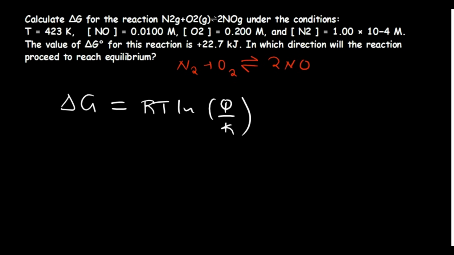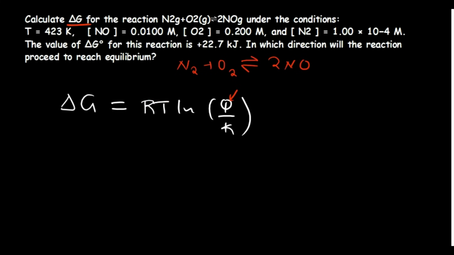Yes. So for us to find the non-standard Gibbs free energy, we need to have the value of Q and K. The value of T, which is the temperature, has been given already to be 428 kelvins. The value of R is known as a constant, 8.314. So we just need to find Q and K. Where are we going to find them, or where are we going to get them? Now